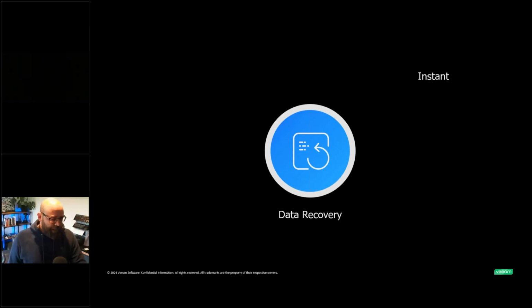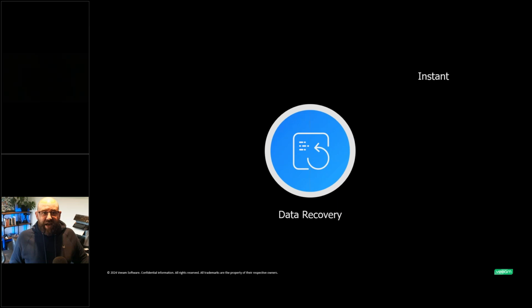So data recovery, we've had instant recovery for many years, and we've just been adding on to that, right? In the session at Veeam, I hope to put a bit more demos on this. I don't have enough time today. But when we think about instant recovery, it started off with instant virtual machine recovery. Now we've got the ability to take any of those image-based backups and instantly recover them to VMware, to Hyper-V, to Nutanix AHV as well.